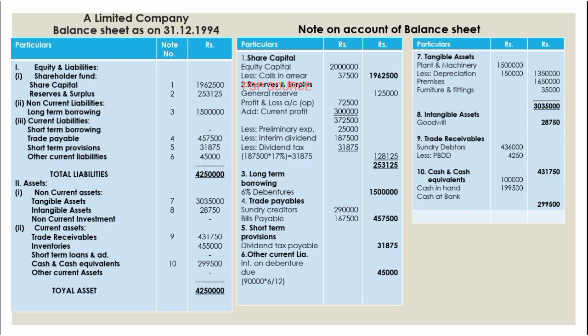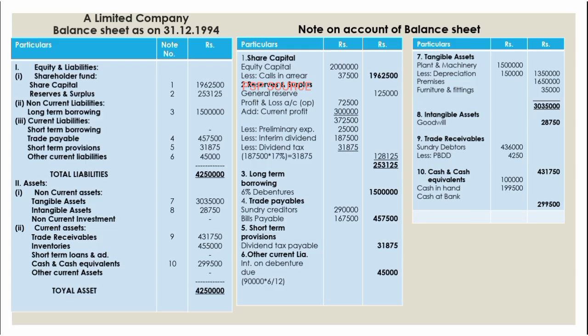Next, assets. Assets has two subcategories, non-current assets and current assets. Non-current assets are tangible assets of rupees 30 lakh 35,000, intangible assets of rupees 28,750. Non-current investment is not given in our problem, so I have put it as nil. Next, current assets. Trade receivable rupees 4,31,750. Inventories, meaning closing stock,